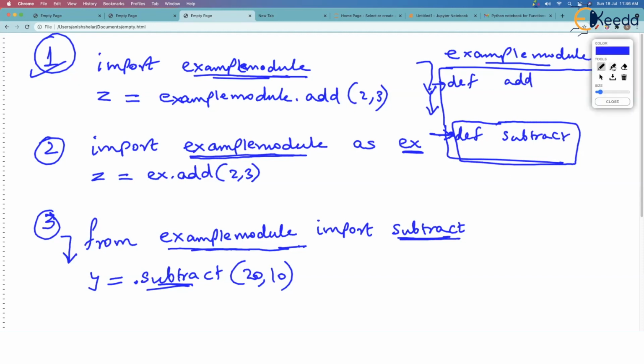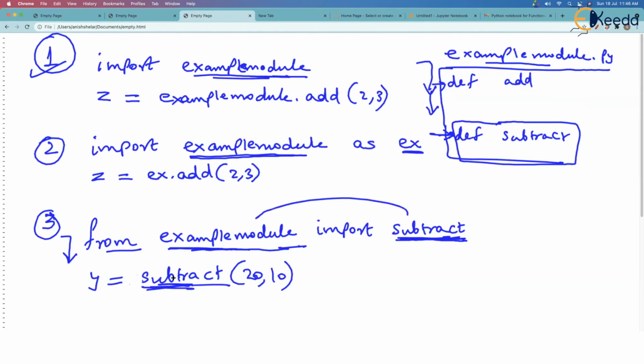But the nice thing about this last grammar which I am saying, oh, what happened? Give me some time. What I was saying is, the nice thing about this grammar is that when you make it clear that you are importing only the subtract function from this module, you just call the function without any dot operator and without any module name, and Python will understand this because you have made it so clear that subtract belongs to example module.